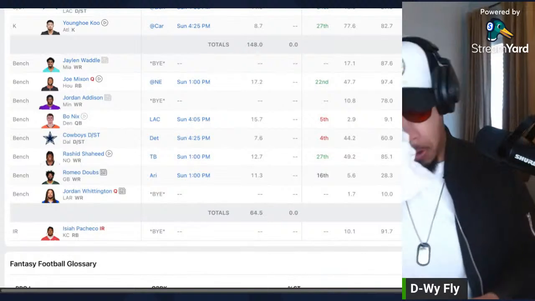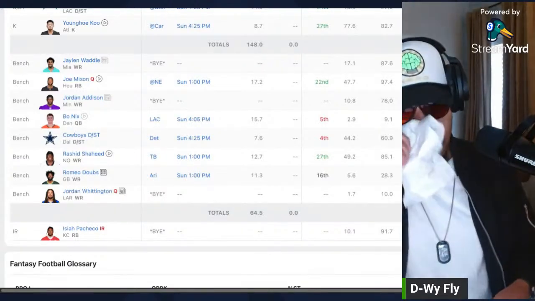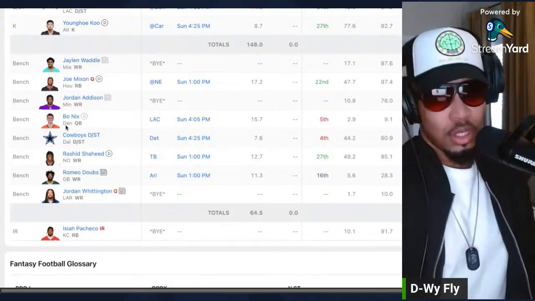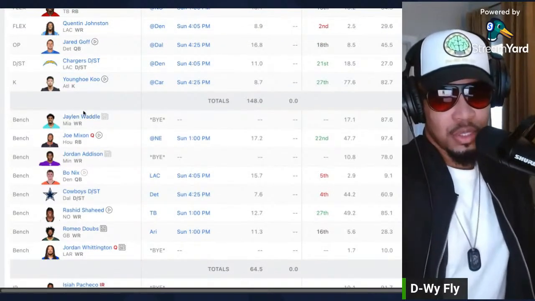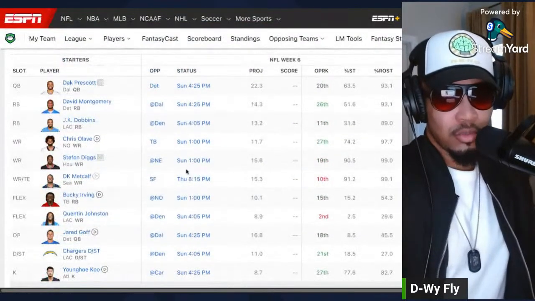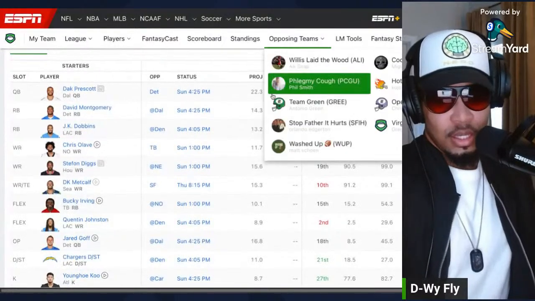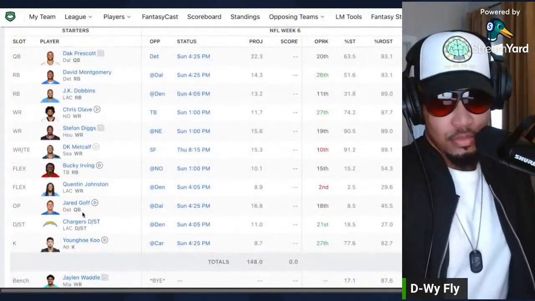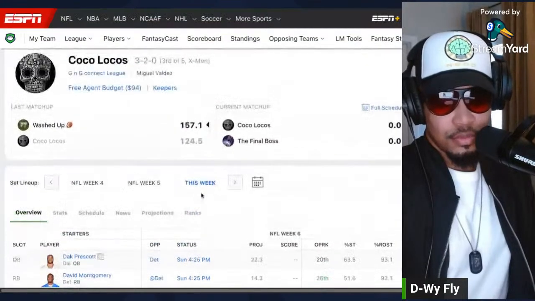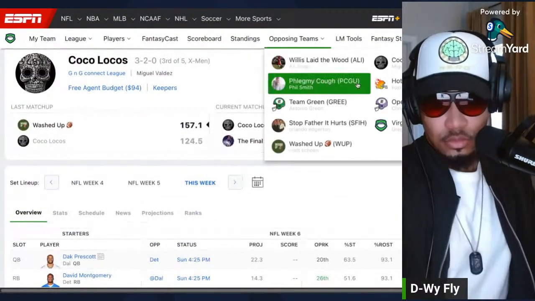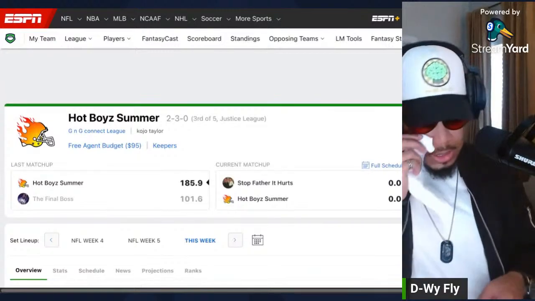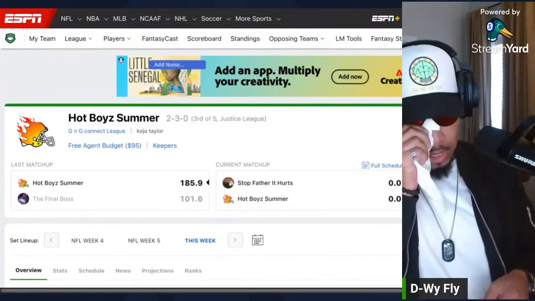If his team comes together, which it may not, who knows? But if Tua comes back, he can put Waddle back in, and he might be able to make a little run. And he got golf, so yeah, his team is solid. Hot Boy Summer, he's sitting at 2-3 right now.